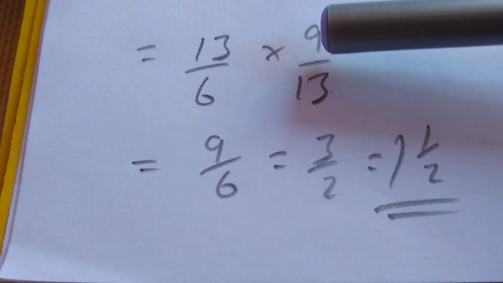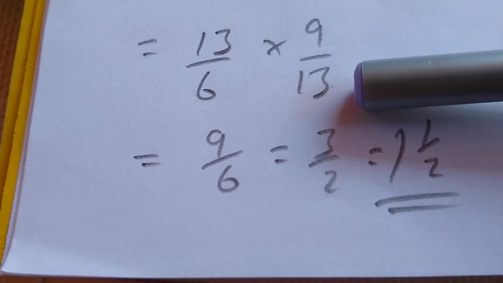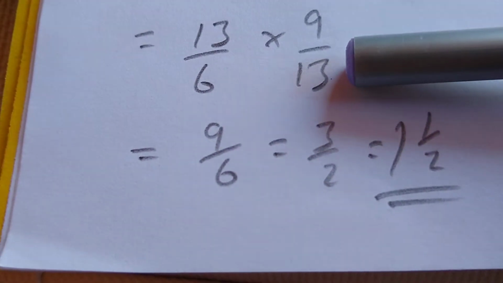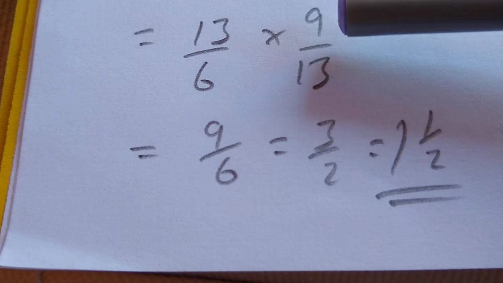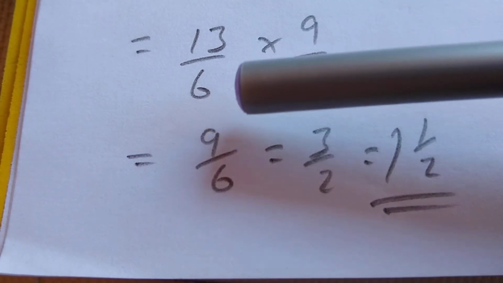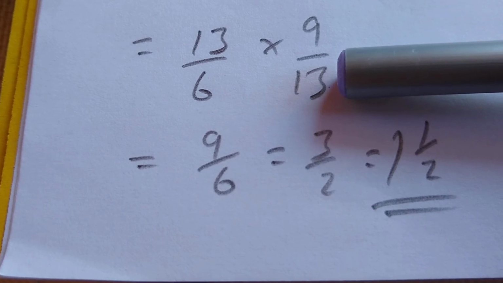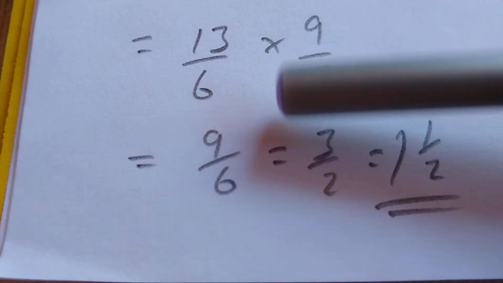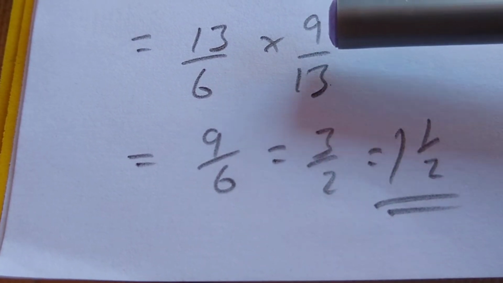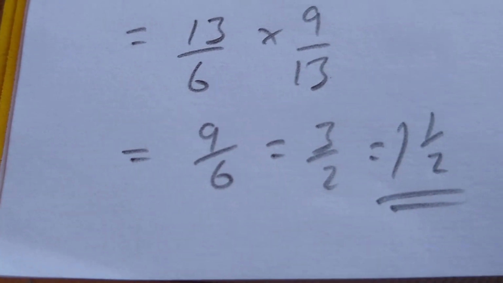Now here, what have I got? I've got 9/13 divided by 6/13. So I could do 9 times 13, 6 times 13, and cancel or simplify. But what we could be saying is, well, hang on, I've got 9 somethings divided by 6 somethings. So I'm just going to get 9/6 when I do that. If you don't like that idea, guys,